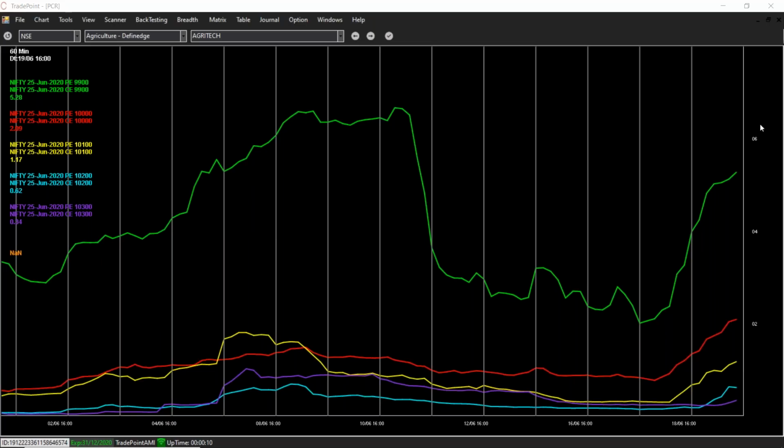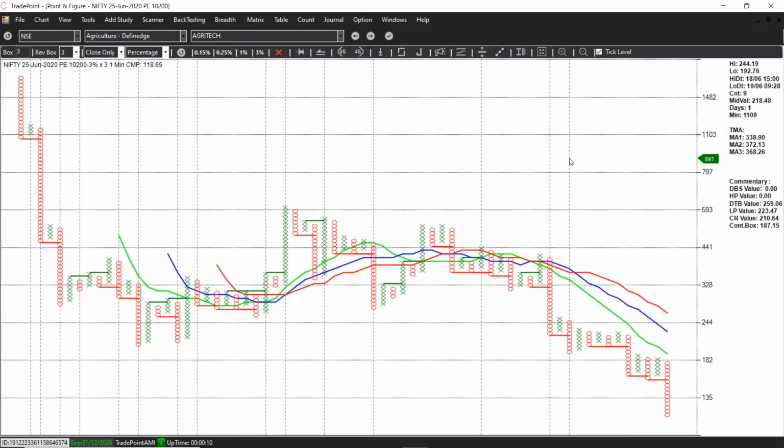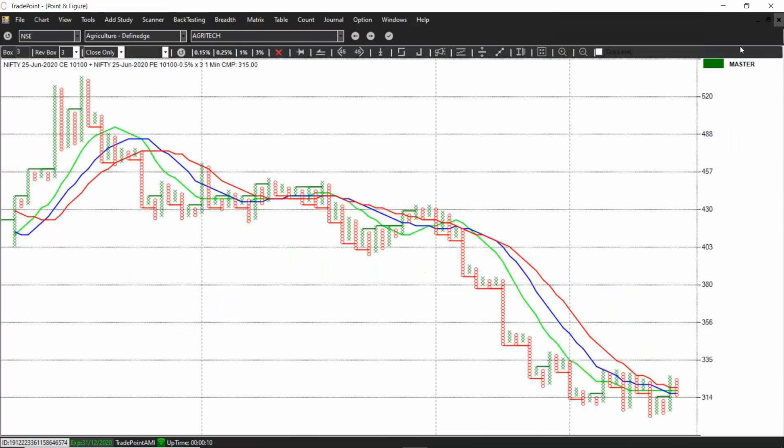That is what I think might happen, unless this changes drastically in the form of a gap up, and where put writing is happening very fast in the first 1 hour. If you look at the put chart, yes, that is also very bearish, 10,200 put. So this is not giving a good picture right now. So it depends on how it behaves on Monday morning.